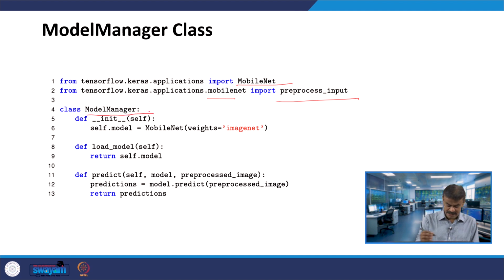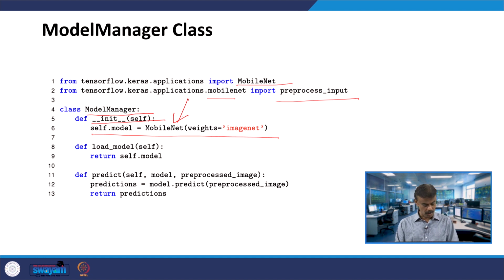This initializes the ModelManager class and loads the pre-trained MobileNet model with ImageNet weights. Here you have the weights, and the weights are ImageNet.